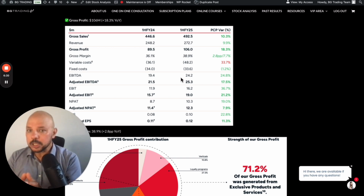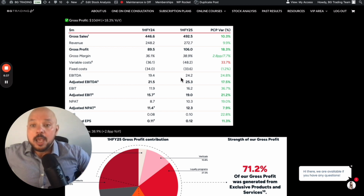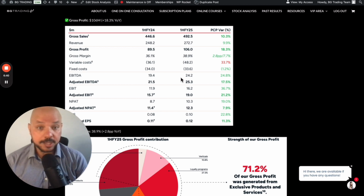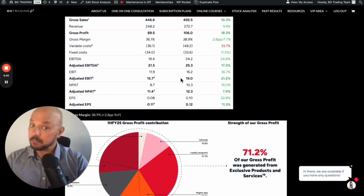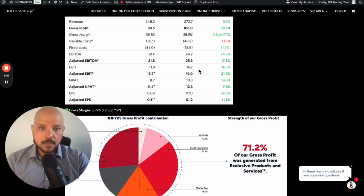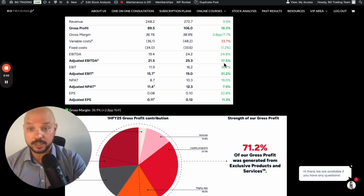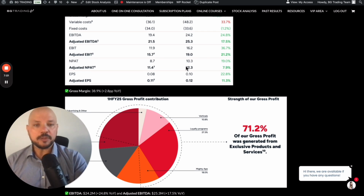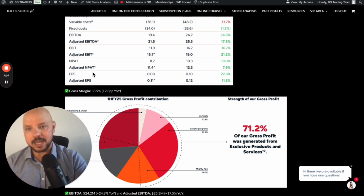However, Kogan still managed to do reasonably well and keep growing in all key fundamental metrics. The gross profit has grown 18% year on year, which is, I would say, an excellent result. EBITDA is also growing 24%, and if you go to the adjusted EBITDA, it is still growing 17.5%. The net profit after tax grew 19%, adjusted net profit after tax